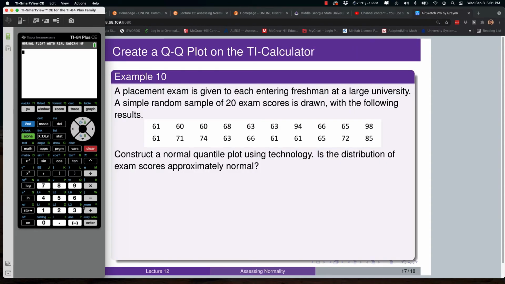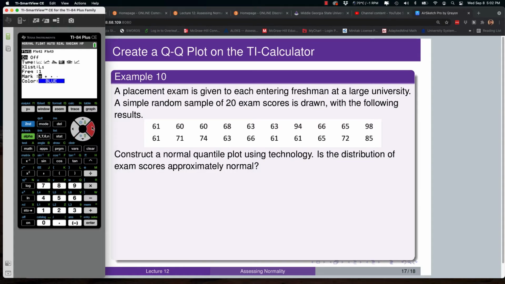So to do this in the calculator, let's get to it. Pause me and put the data in if you want to follow along. I've already done that, so I should have that data set in list 2, and I do. So I'm going to use that. I'm going to go over to my stat plot window, or second y equals, and turn my plot 1 on, but I've got to pick the correct graph here. That's the key. So once your data's in the list you want, you come down here and turn this on,